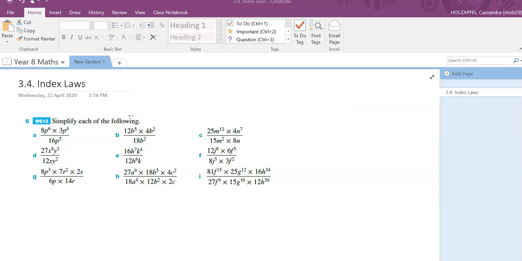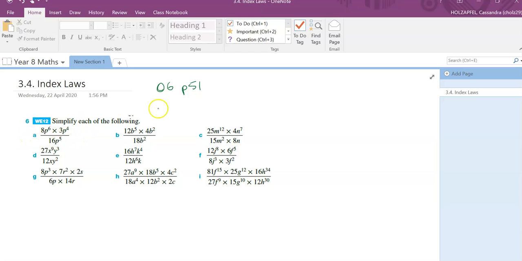Alrighty, so let's have a go at this question here. This is question 6 on page 51, relating to this exercise here. Simplify each of the following. Really what you need to do when you've got something like this, first things first, you're going to multiply